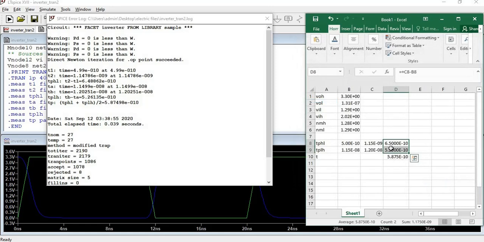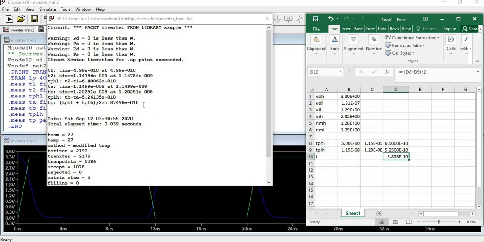So 6.5, still 6.5. Then for TPLH, 5.26, in this case we get 5.25, pretty close. So the propagation delay is equal to 5.875, 5.874, almost equal to 5.875. So if you're going to use the approximation method, since we were able to zoom in at a very accurate level,